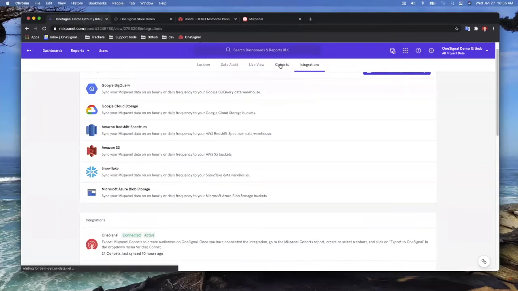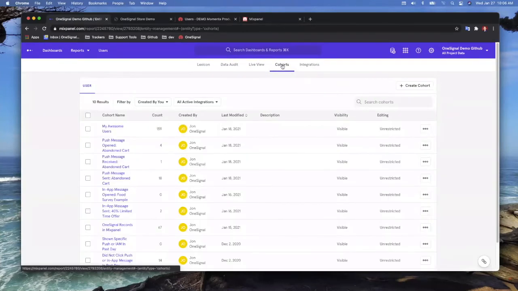We'll get into that in just a minute, but first I wanted to go back into Mixpanel and highlight some cohort ideas first. So once you have your cohort set up and the OneSignal user ID is being implemented,